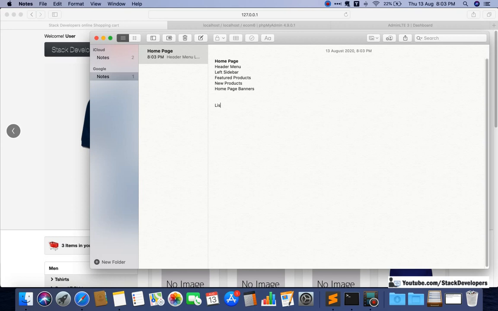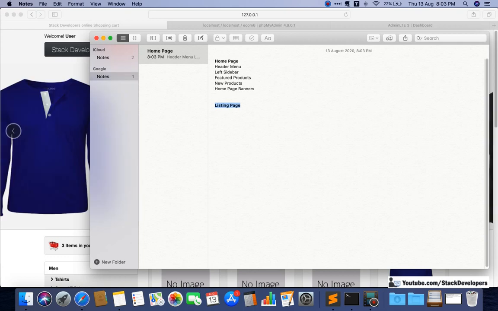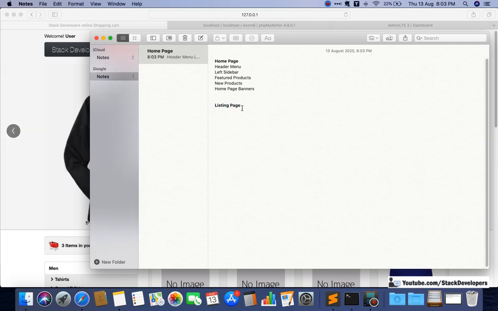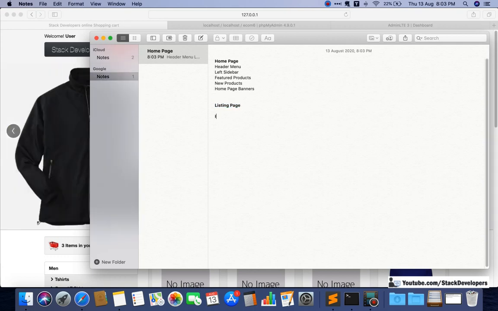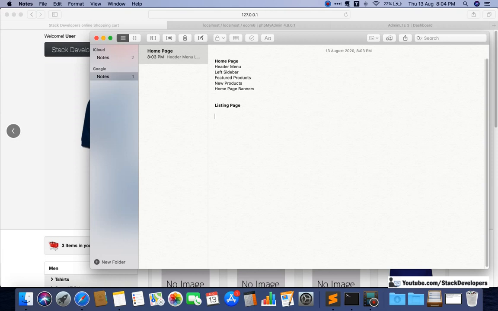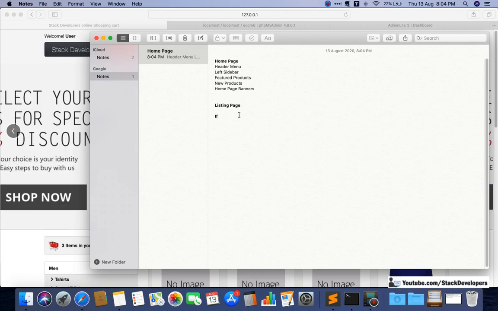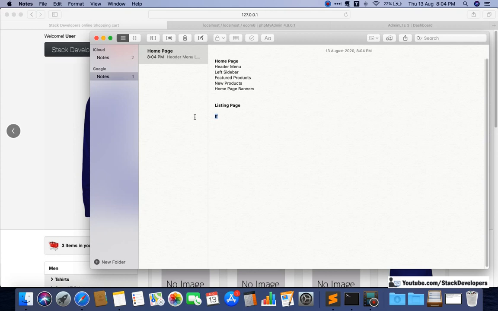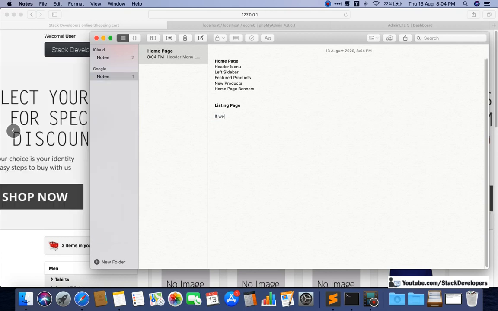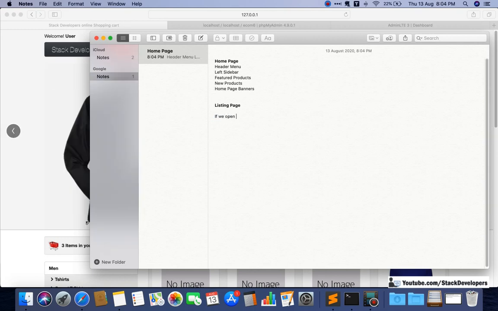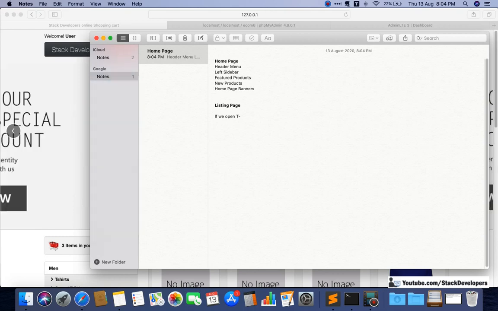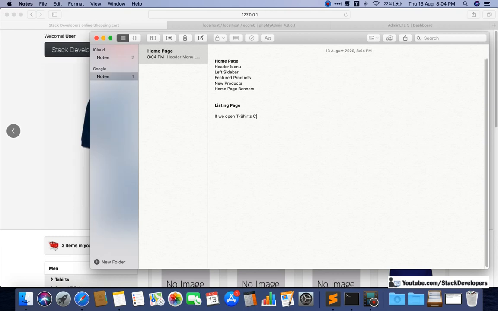Now we are going to start working on the listing page. So what exactly is the listing page? In the listing page, if we open some category, I will take the shirts category.